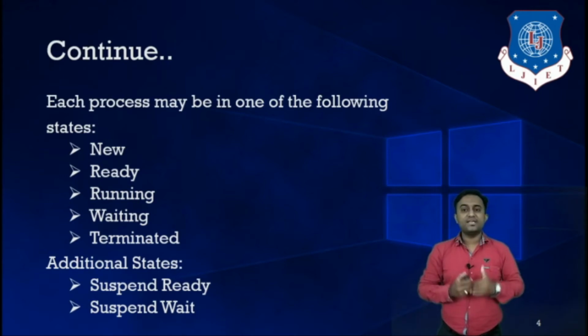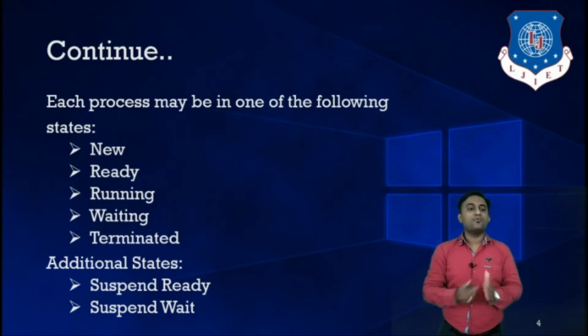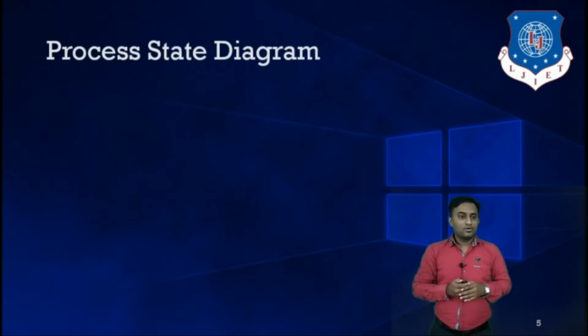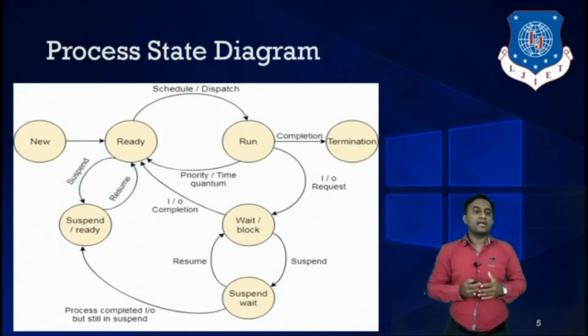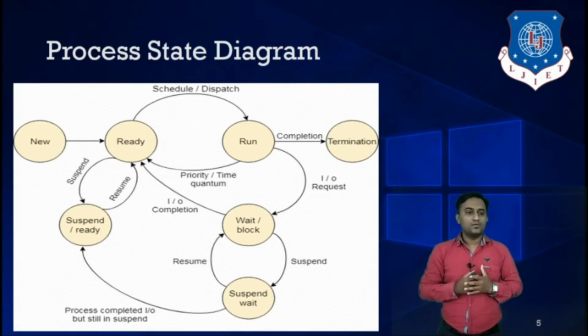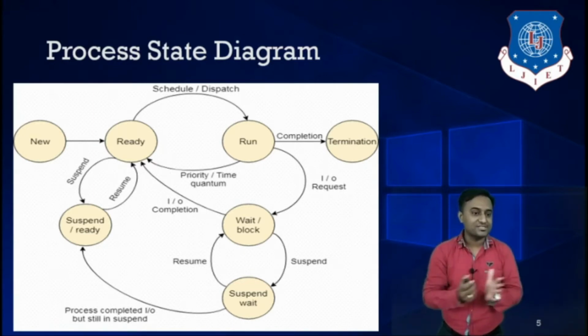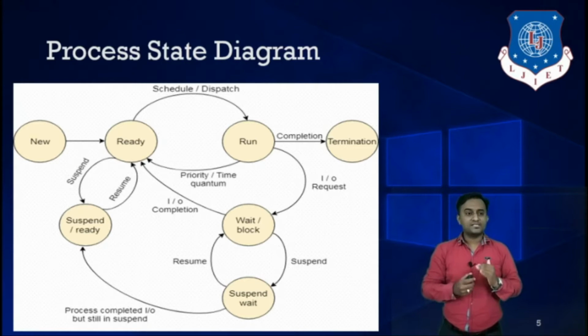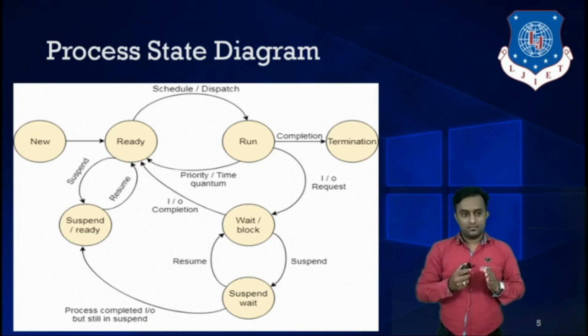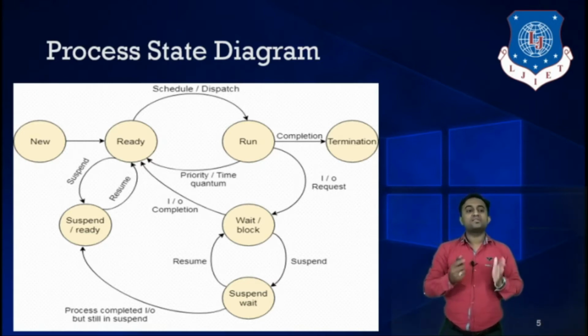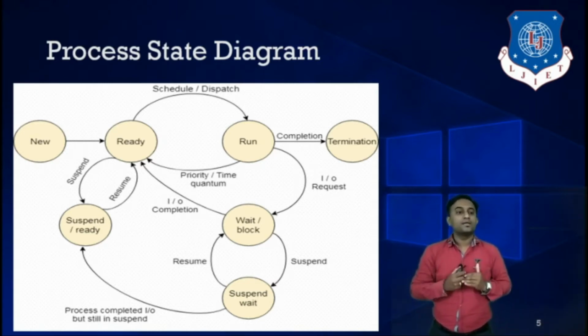Let us discuss each state in detail with the help of the process state diagram, or we can say the life cycle of a process. The process state diagram looks like this, in which, as I told you, there are 7 states and each state is represented in terms of a circle. The directed line between states, or between circles, is nothing but a